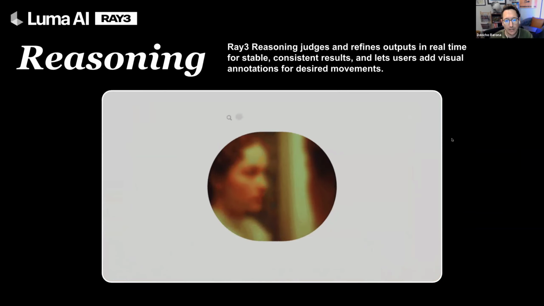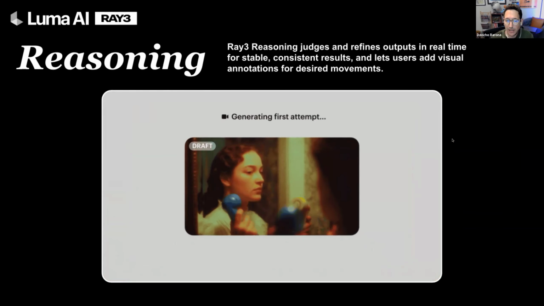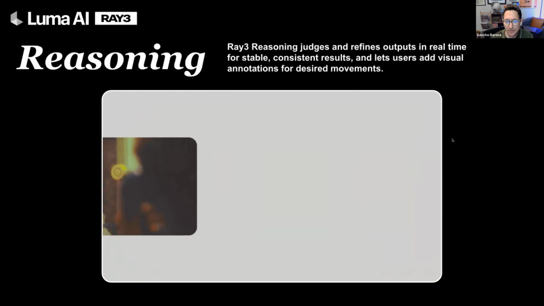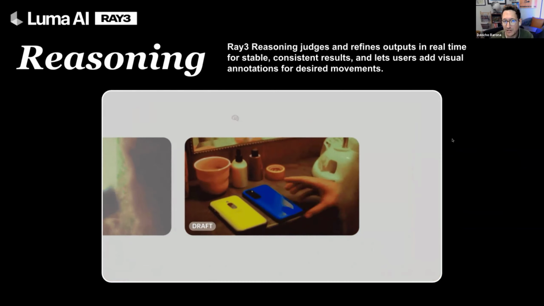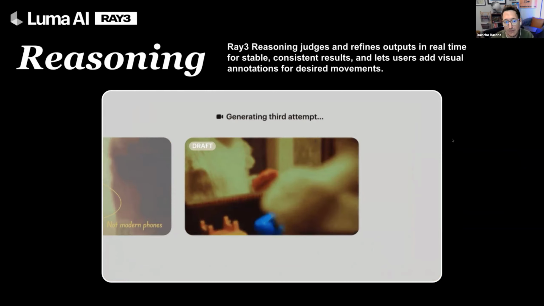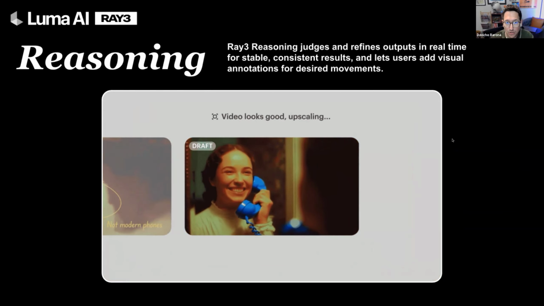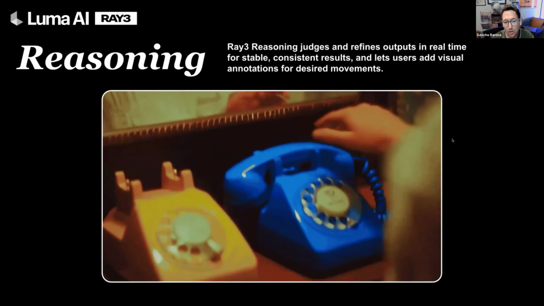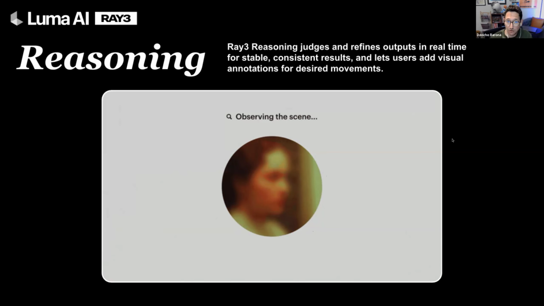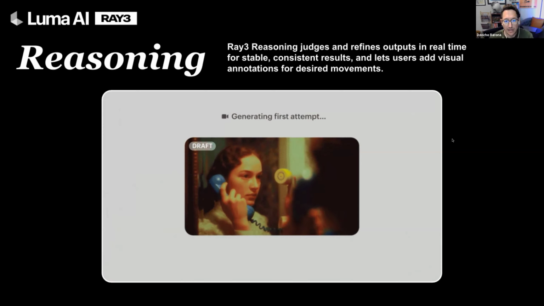And then the reasoning model that I was just speaking of, the way that it's able to judge and refine outputs in real time and create more stability and more consistency in your results. It's really trying to be more of an assistant and more of an intelligent video model. I have yet to really dive into this personally, but I'd be really curious to know once you guys start playing with it if it's useful to you, if it works the way you want it to work, etc. Here on screen, you can see that example